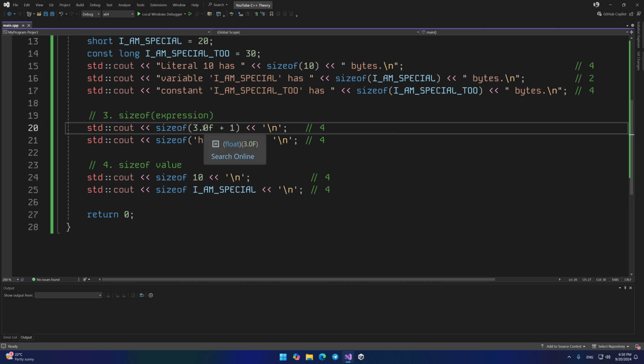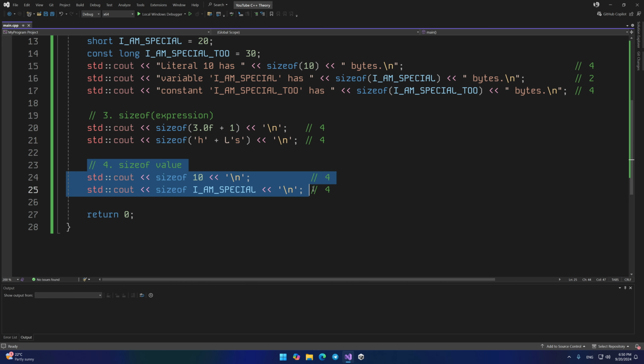Note that I use different types, but sizeof calculates the type of the expression result and returns the number of bytes of this type. If you watch the previous lessons, you can determine for yourself what type each expression will have. In the fourth option, you can leave parentheses behind.